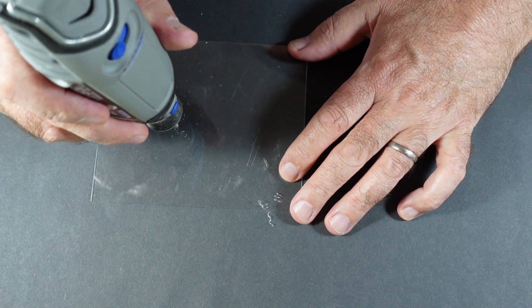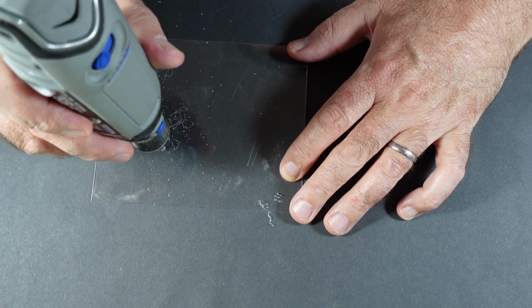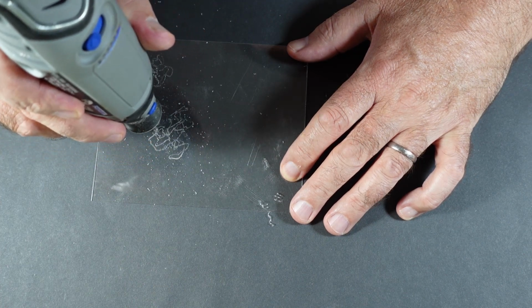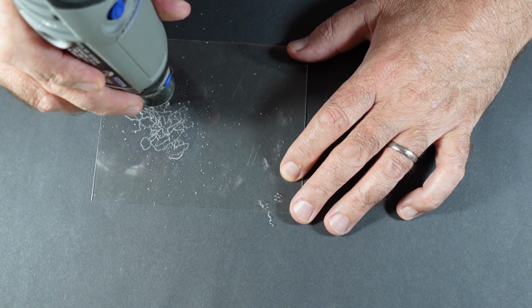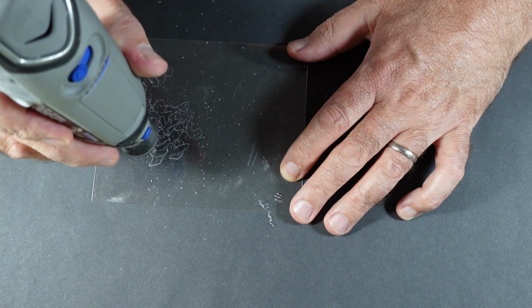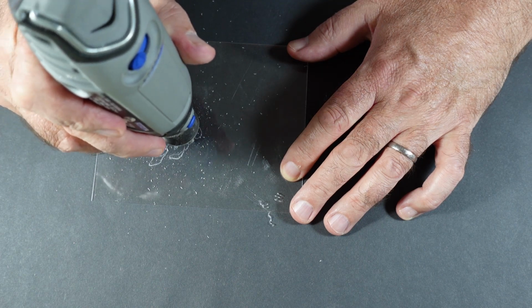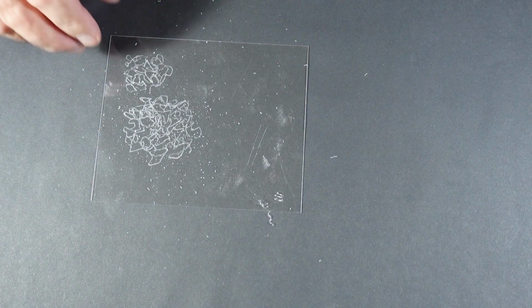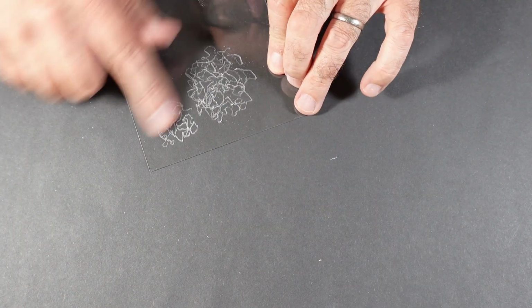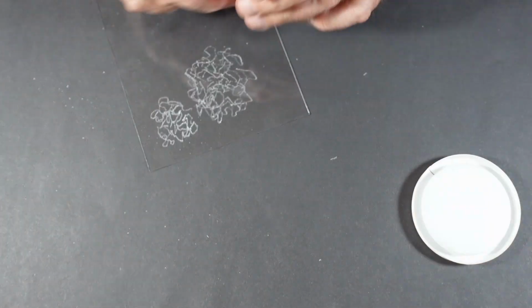take this and just, really, I just want some really loose drawn lines on the surface of this in the background, just to see how it comes out. So I'll just shake that off. It does create quite a texture to it. With it being plastic, it doesn't just wipe away, but